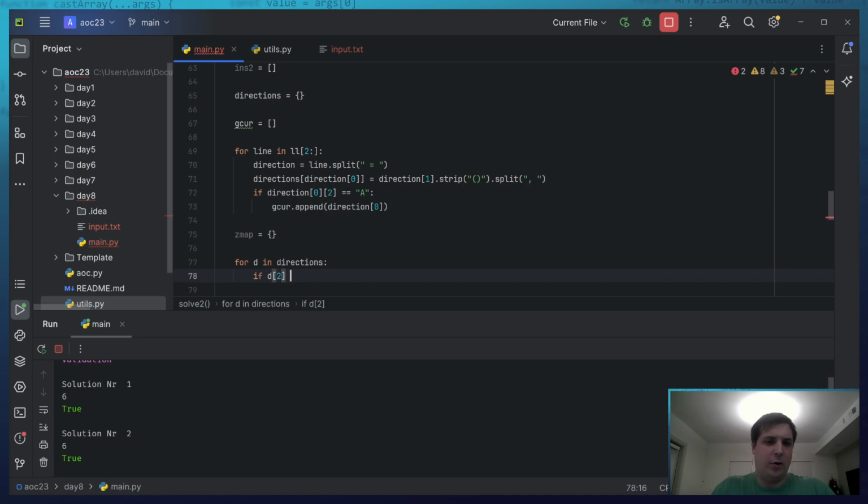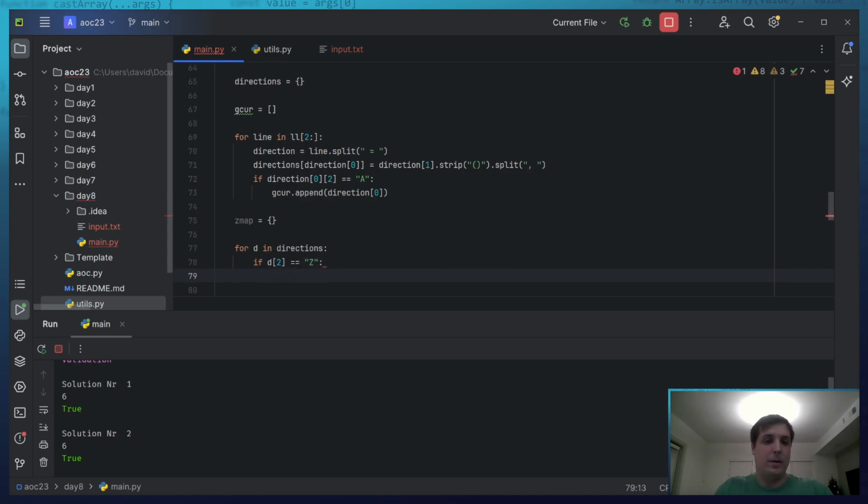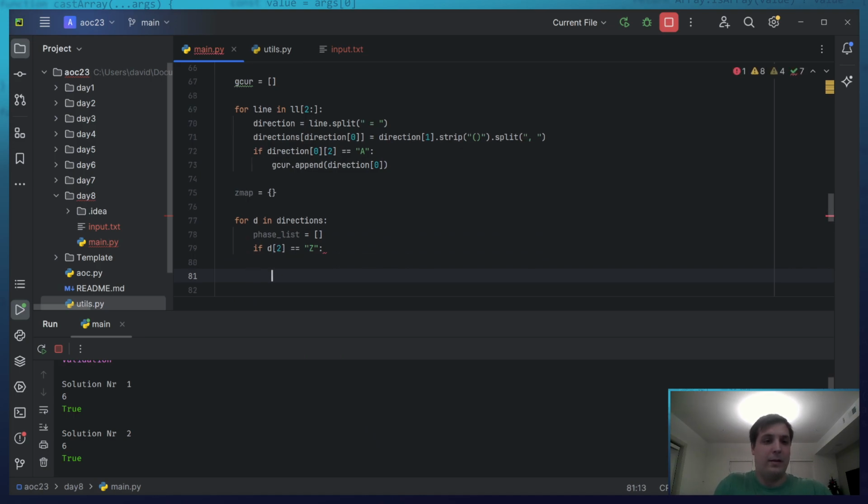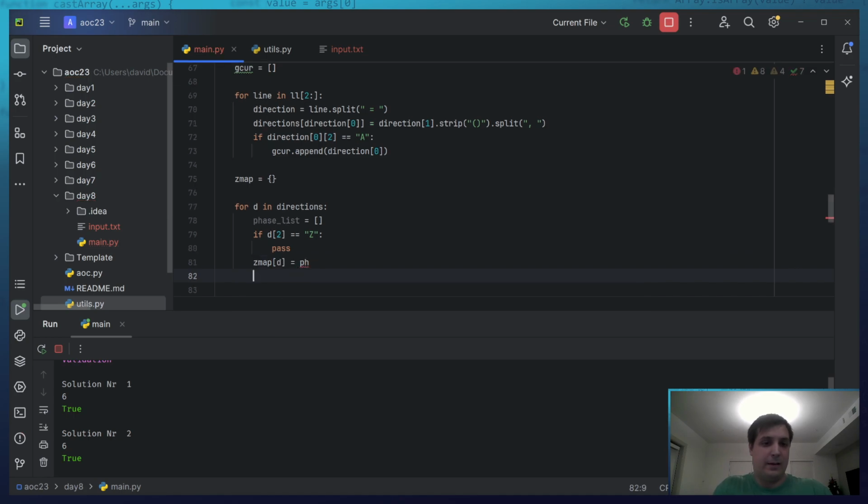If D2 equals Z, then I want to do all the calculations now. Okay, so I can just do a list, face list. Okay, at the very end, after I have done my if, I want to say Z map of D equals face list.